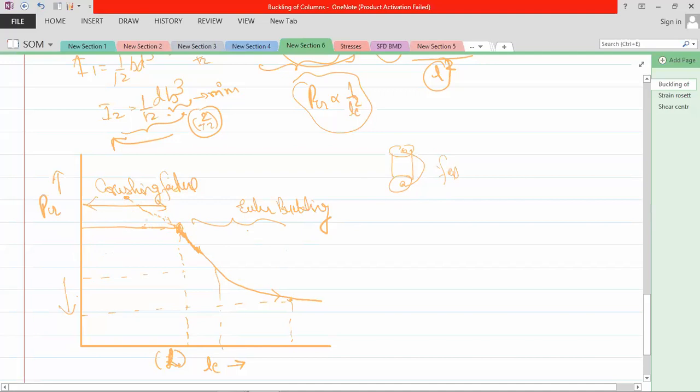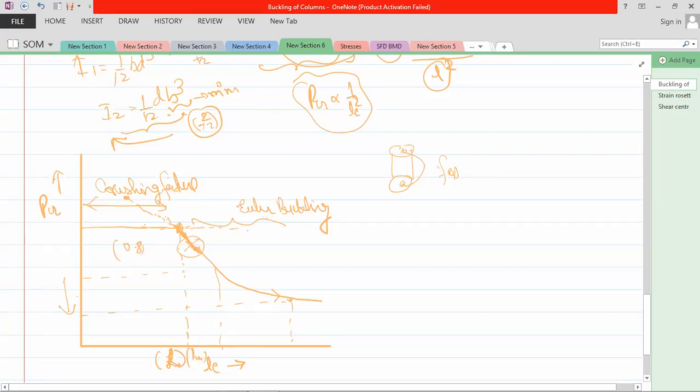So this is your limitation for Euler buckling. Now, if you design for this value of P critical, then it will fail for a lesser P critical load. Now, I know you are a little confused, so let me explain. Suppose this is your 1 meter length. I design a body for 0.8 meter, and I applied the concept of Euler buckling.